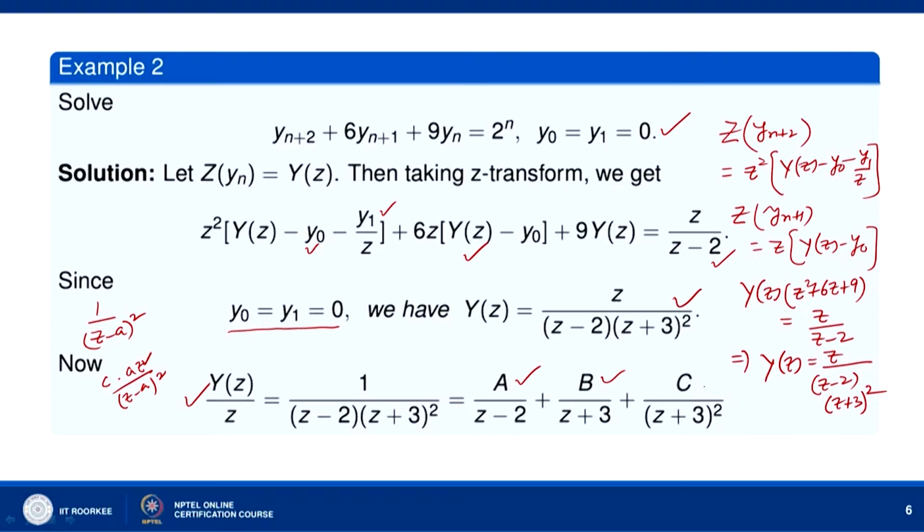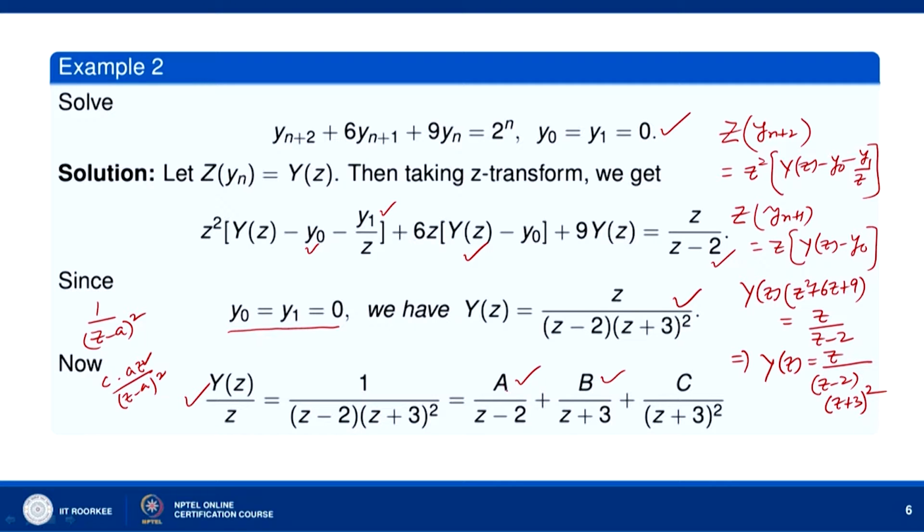You might consider here c times minus 3, because a is minus 3 here, and if you do not take minus 3 here along with c, then you will have to divide by minus 3 while taking the inverse z transform of z over (z plus 3) whole square. So, here we have not written minus 3 separately. That I will do in the end while taking the inverse z transform. Okay. So, now let us find the values of A, B, C here.